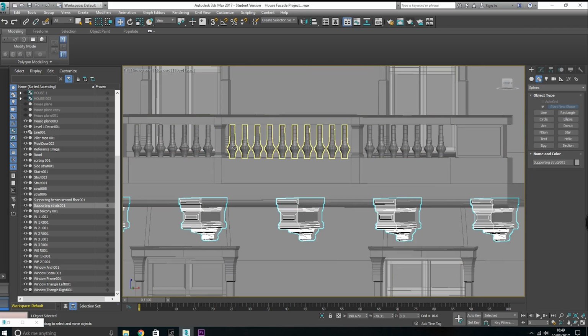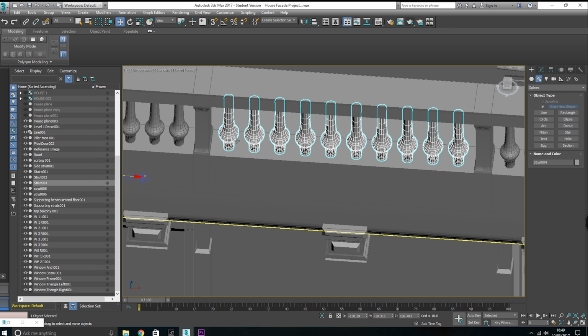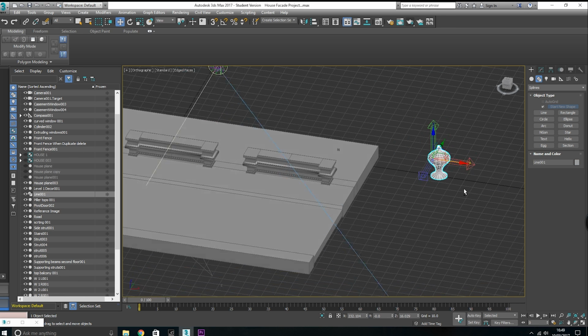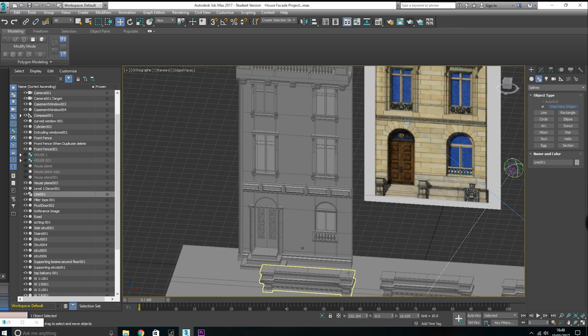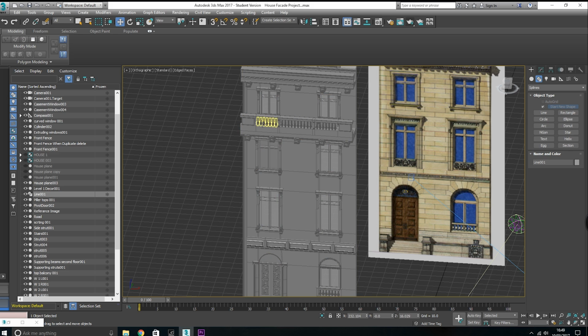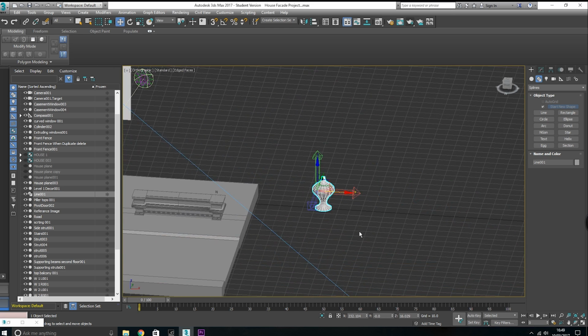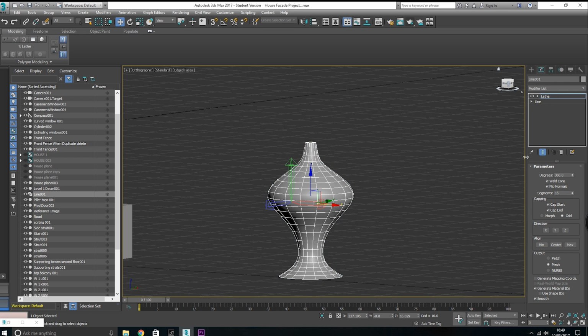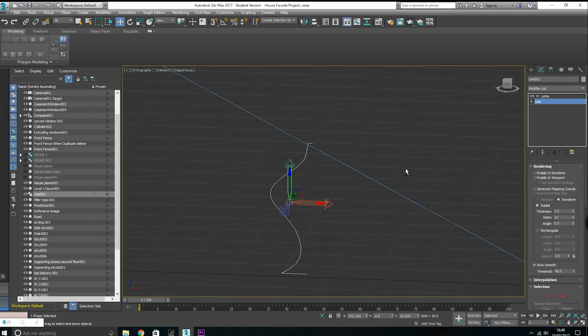However, these struts here is what I have used. I used a spline, and I have a little example of that just over here. This is how I created something similar to the struts that I repeated here, here, and here, and here. And as you can see, we have a simple line,